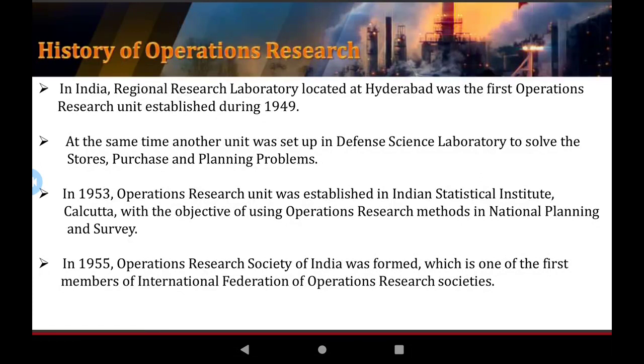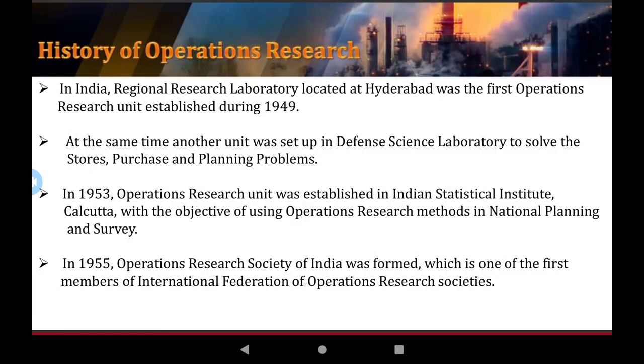Operations research solves purchasing and planning problems. Okay, some of the purchasing of large components and projects. Okay, the use of Operation Research. Okay, and in planning, Operation Research provided help in making large plans and solving planning problems. Okay, and in